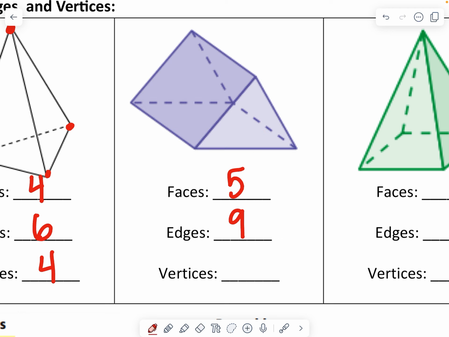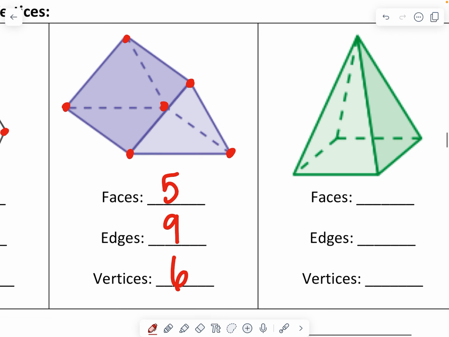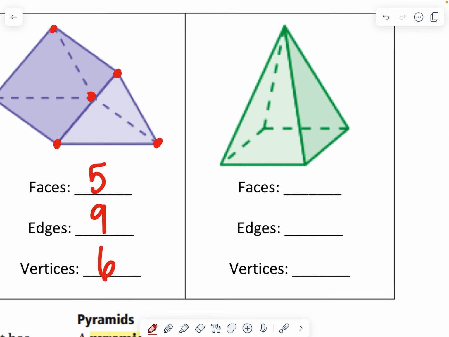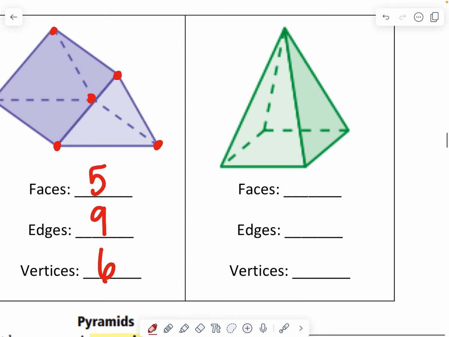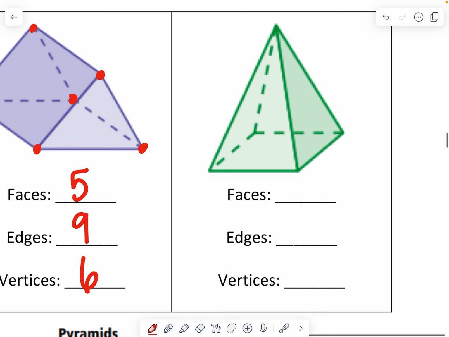And then vertices, start at this base. We have 1, 2, 3, 4, 5, 6. So there's 6 vertices for that one. This one, I want you to try on your own. So pause the video real quick, figure out faces, edges, and vertices, and then play the video to see if